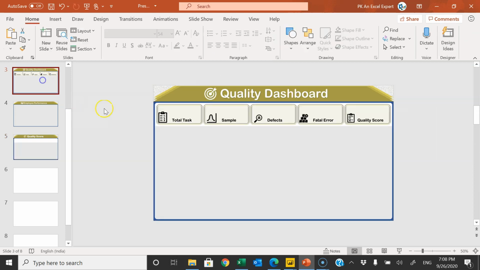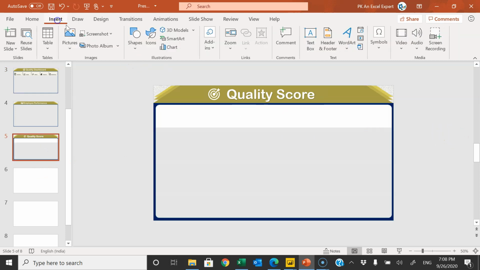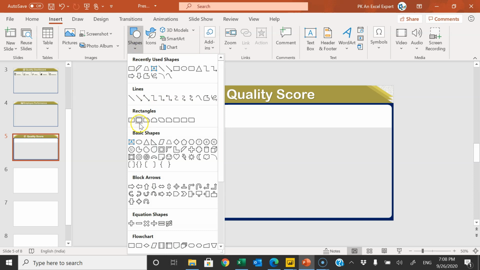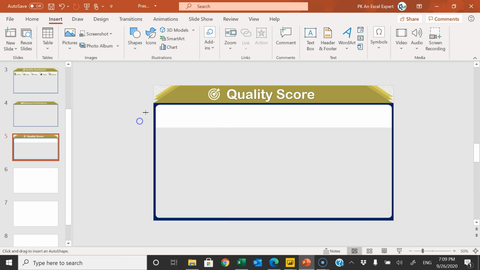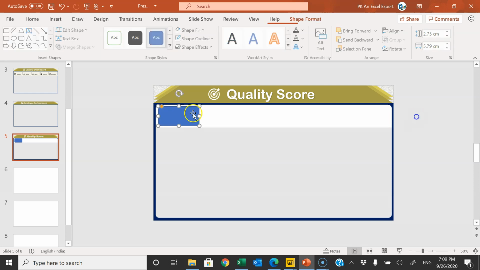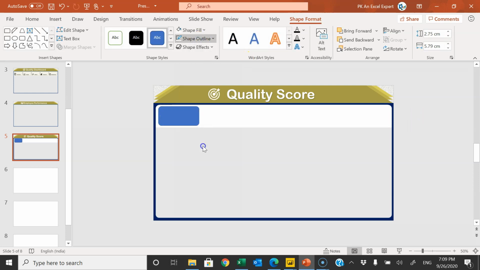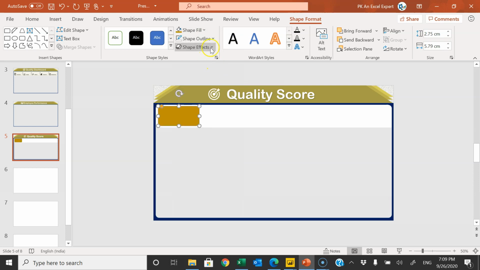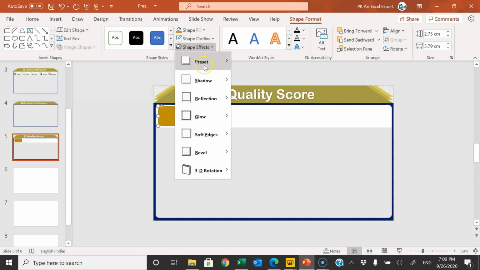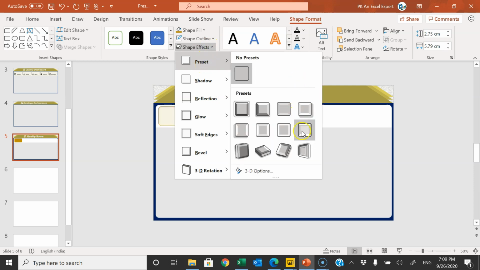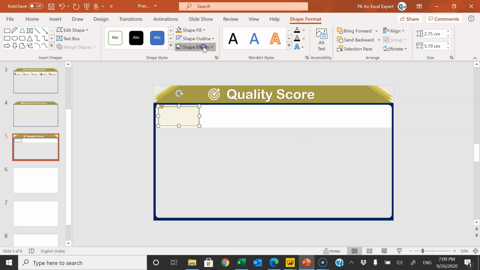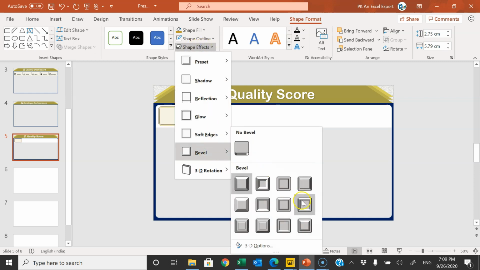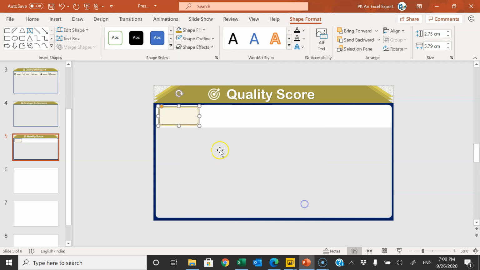Alright, and now we will create the boxes like this here we have created. So to create those boxes, I'll go to the insert and shapes and I'll take this rounded rectangle here and drag this here like this. And now I'll go to the shape outline, will say no outline, shape fill, I will fill this color. Then I will go to the shape effects and I'll take some preset here. So let's take this preset. And then I'll go to the bevel and I'll take a bevel from here. So I'll take this bevel which is cut out. Alright, so it will look like this.